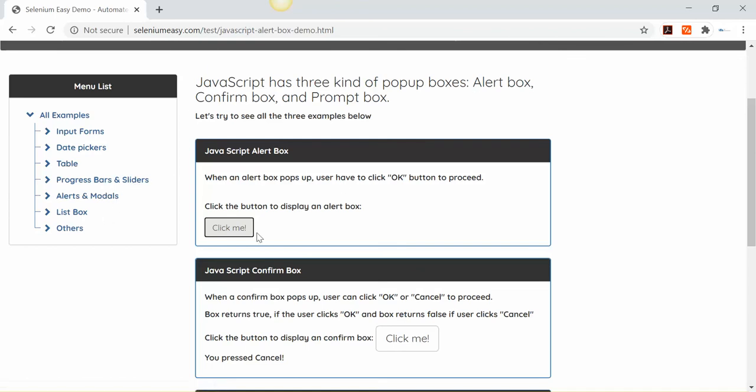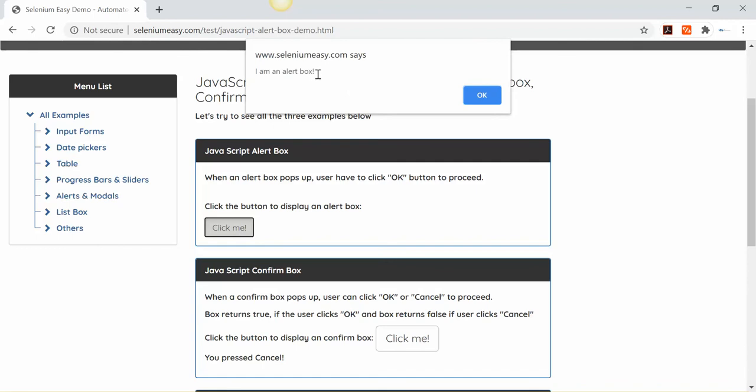Also, as a test case, in your real-time application, if you have such an alert, there will be some text displayed, and there can be a test case about what text should be there. According to your scenario and the business requirement, the developer will display the text here. We can grab this text with the help of Selenium WebDriver, and we are going to see how. So we can have that test case also, checking if the text is correct or not, and then we will click on OK.